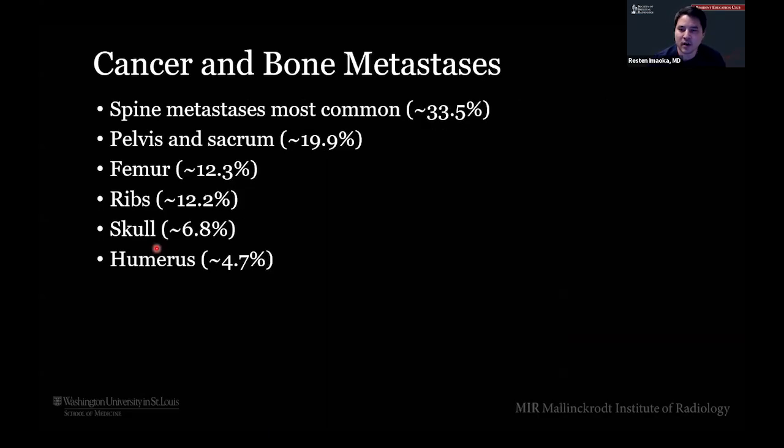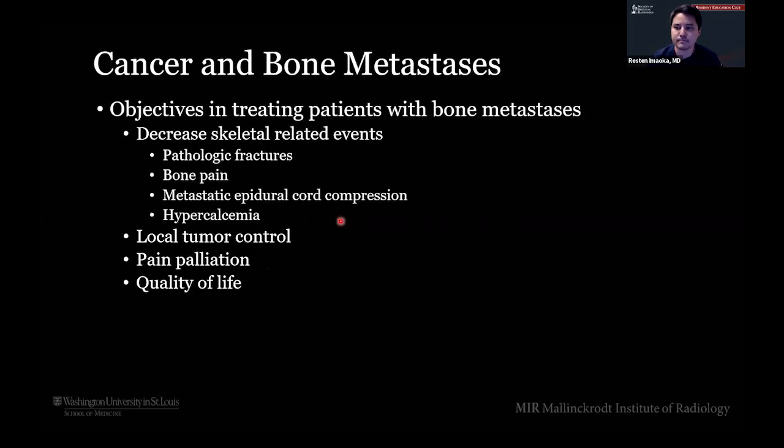Well, these numbers are basically the reason. This is from data that is actually decades old at this point, but the spread still remains true. If you look up here, we've got spine mets as the most common site of cancer metastases, at over 33%. That's followed by your pelvis and sacrum, and then you start to see some of your other longer bones, right? Femur, ribs, humerus, skull, things like that. So spine, very common. We know it's very vascular, with things like Batson's plexus, those valveless venous portions that go straight into the vertebral bodies. It makes sense why you're getting so much disease to the spine.